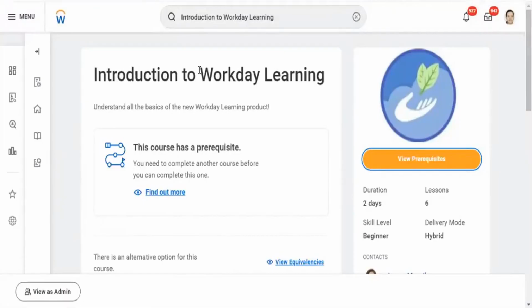When an employee goes to subscribe to this one, it will be showing a prerequisite. You need to complete this prerequisite, then only you will be able to go for this one. This is also at tenant level only. Got it? These are the two core configurations which will be adding strength to your resume.